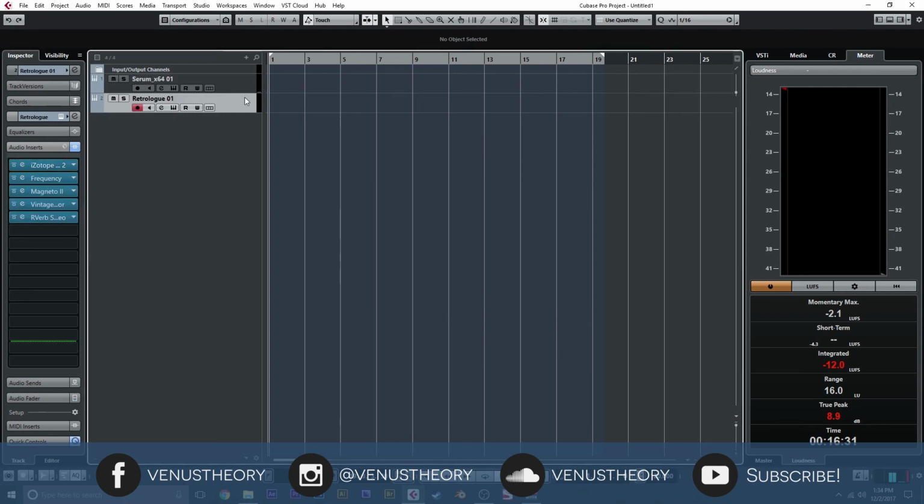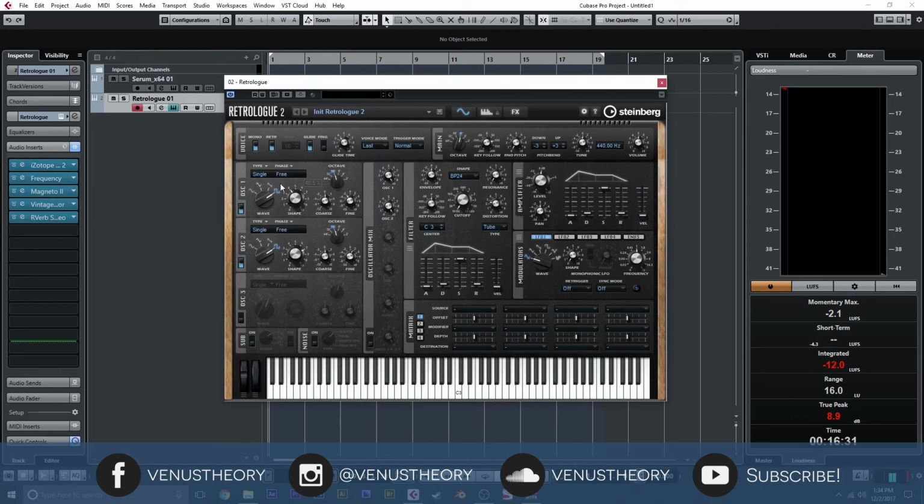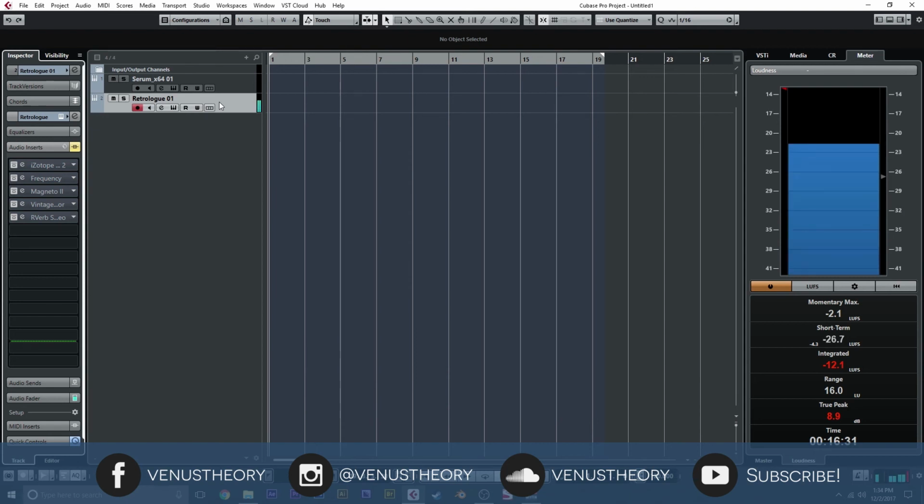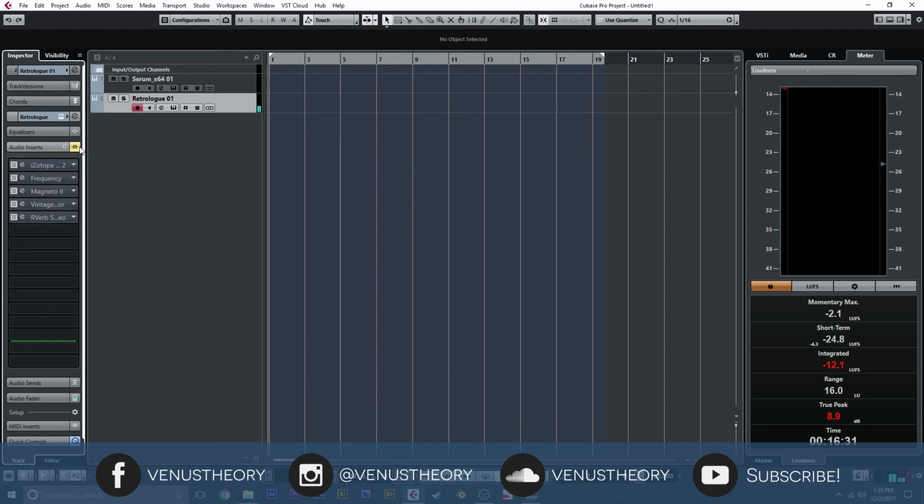As a quick example here, in Retrologue, I've made a detuned Reese with some square waves where the pulse width is a little different. Bandpass filter, a little bit of distortion. Before everything else, this patch sounds like this. Really not that interesting, but after some extra processing,